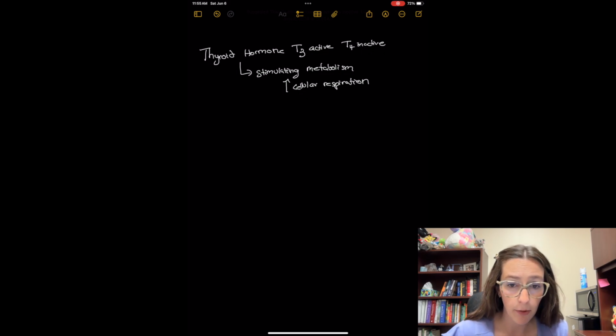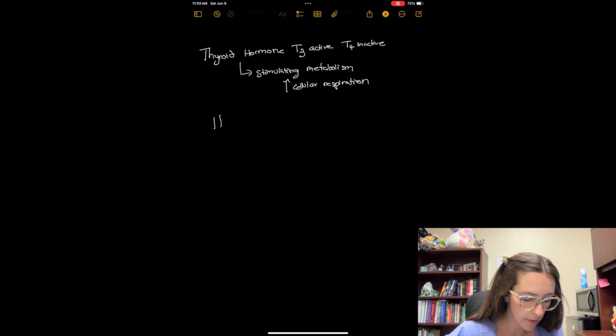But we don't want metabolism happening all the time. We haven't eaten food every single part of the day, right? And so what we need is a way to calmly regulate it, to have it at a consistent and effective level. So what we have is, starting up at the hypothalamus,